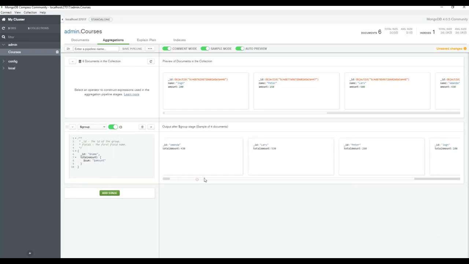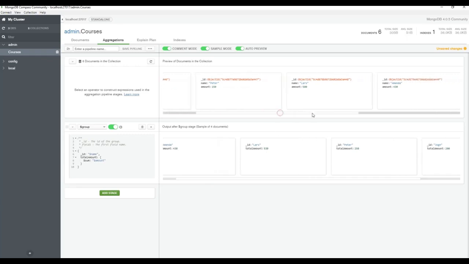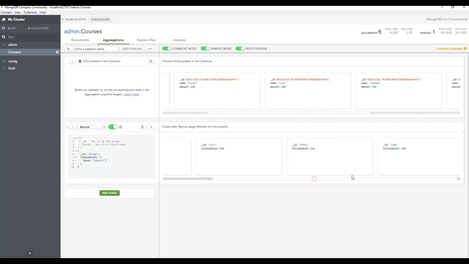We will see that we have 4 documents returned based on this operator, and we see that Lars has a total amount of 530, and let's see if that matches. First he deposited 500, and then another 30 right there, and Peter has deposited 100 and 150, so a total of 250. So now we have used the group operator to sum up the amount that our 4 citizens here have deposited